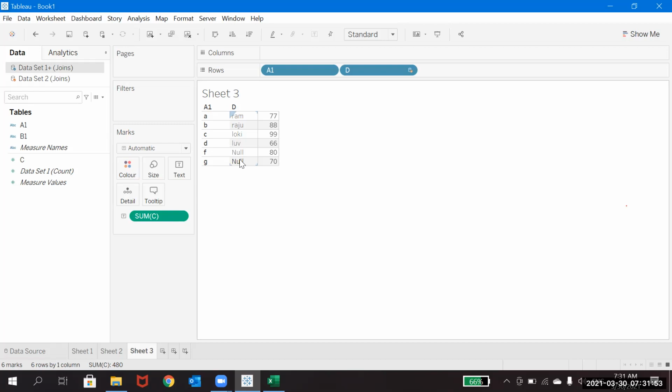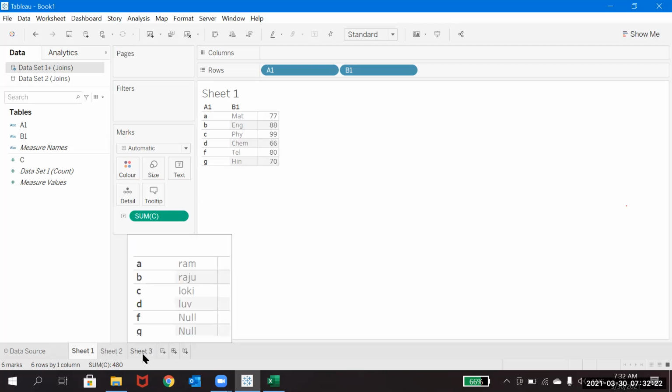So that is how the blending will work. Yesterday itself I told you, data blending always works like a left outer join. And this data blending, whatever I had done, is restricted to only this particular sheet. So it will not affect this or this. If you make any changes to this, it will work accordingly only for this sheet, and whichever is related using this sheet, everything will work.